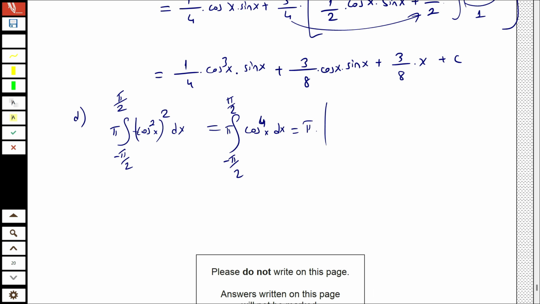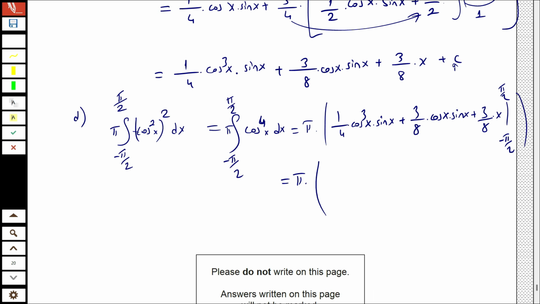The integral of this function is going to be 1 over 4 times the same. You don't need to write the constant in this integral because we are already going to apply the limits, which are pi over 2 and minus pi over 2. So when you replace x with pi over 2, if there is cosine, it's going to be 0, because I know that cosine pi over 2 is 0, times